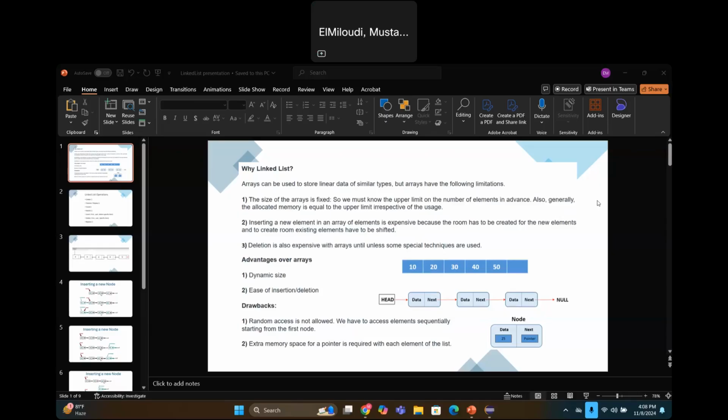A linked list, as the name implies, is a linear data structure where elements are connected with each other, but they are not physically placed next to each other in memory. Now there are advantages and disadvantages. We're going to learn how the linked list works, but before that, let's talk about the advantages and disadvantages of